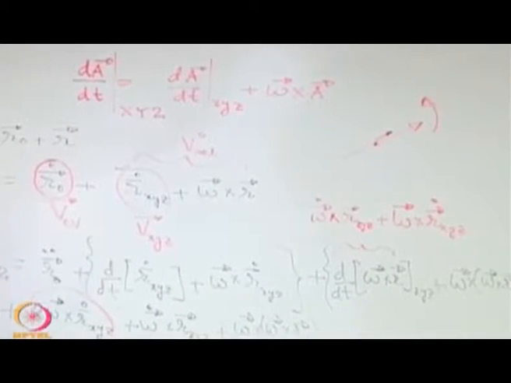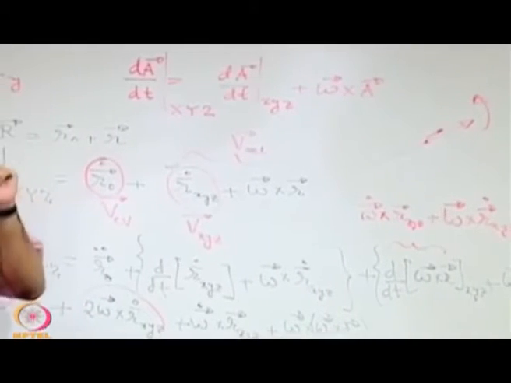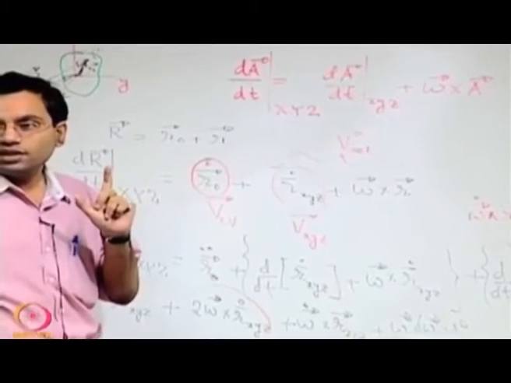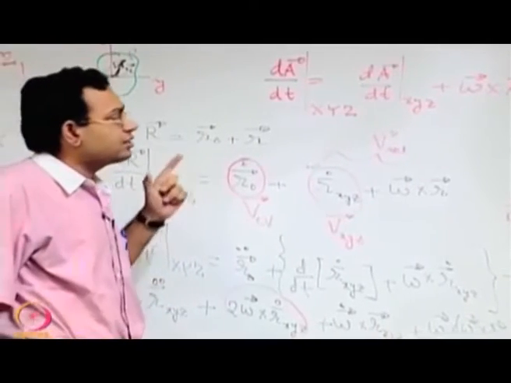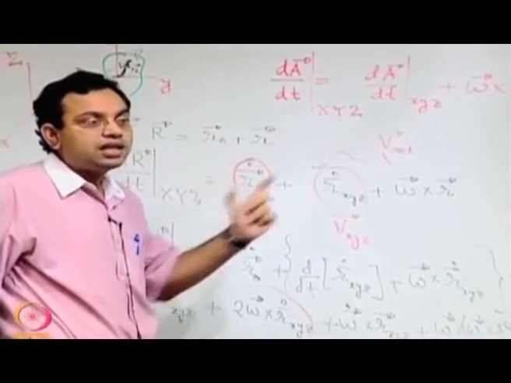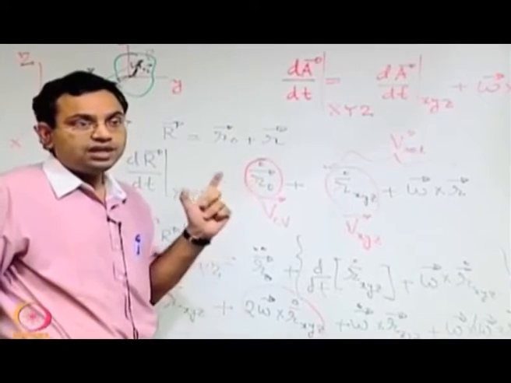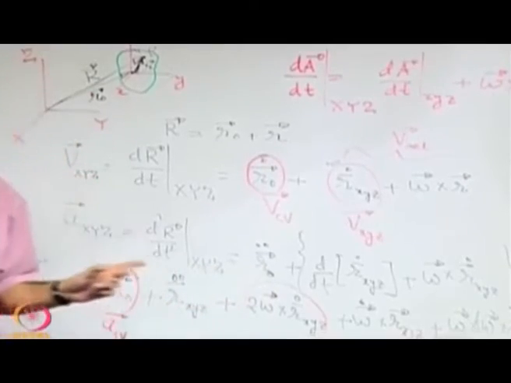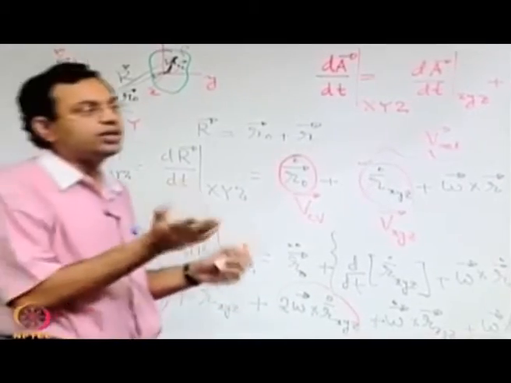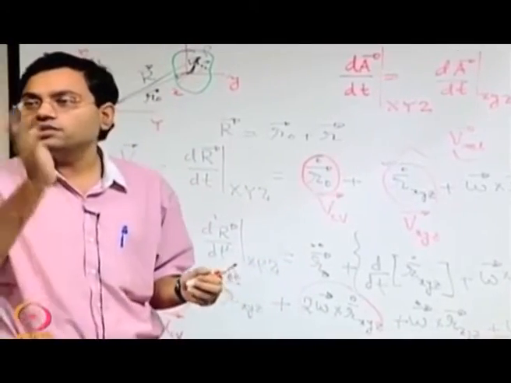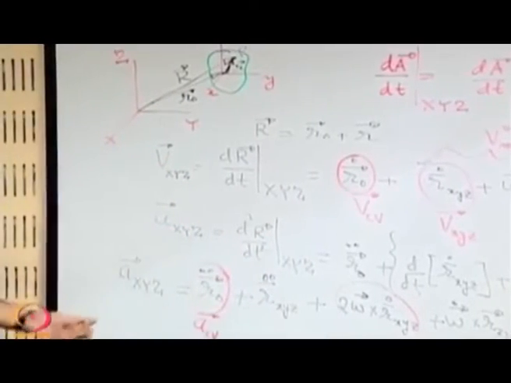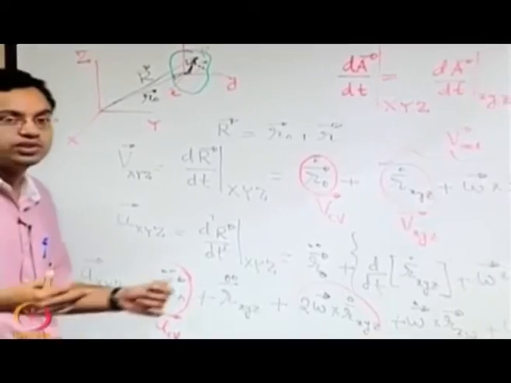So the two things which are necessary for this: one is the reference frame should be a rotating reference frame, another thing is that there should be a translatory motion relative to the reference frame, and then it will experience a sort of acceleration, and that acceleration will try to deflect the particle from its original locus. It is very common in particle mechanics, also in fluid mechanics. Just think about ocean currents.